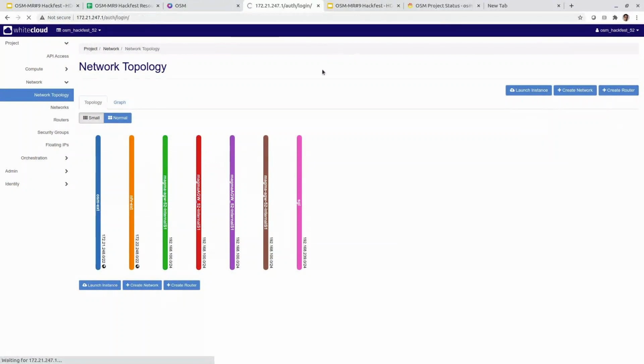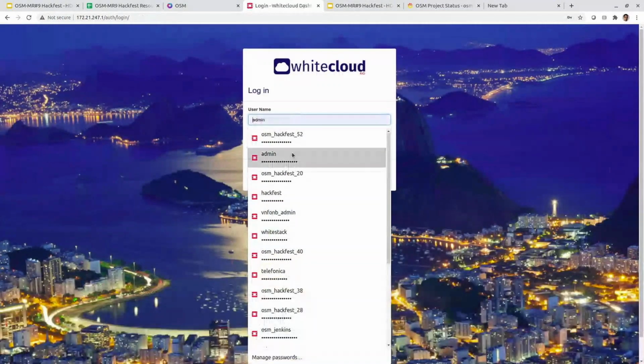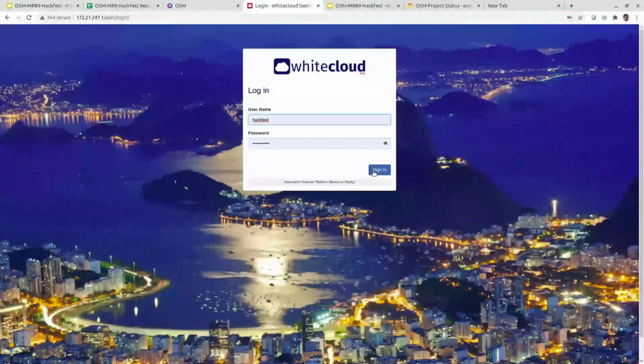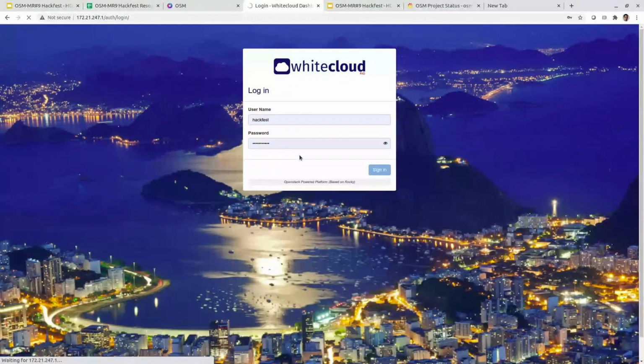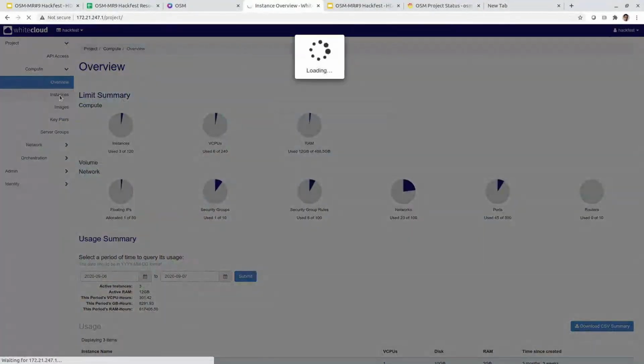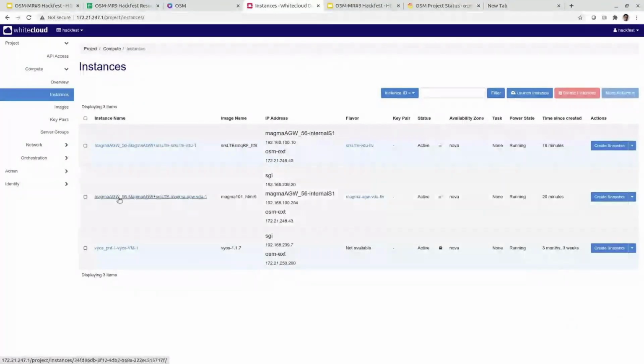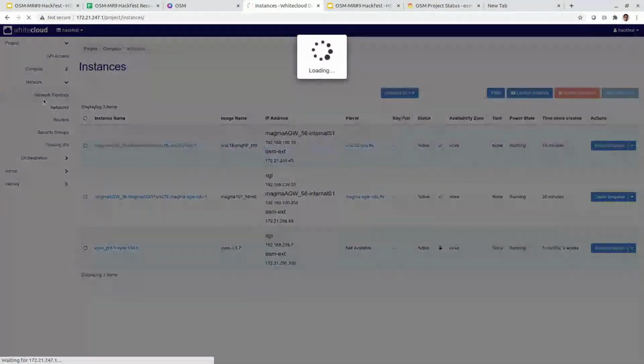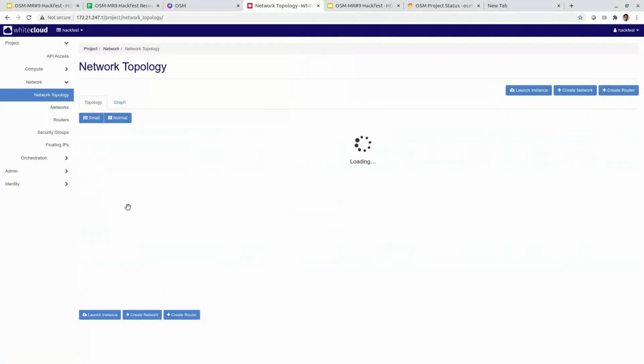But there is also a tenant that we manage in Etsy called Hackfest, which contains some common virtual machines for us, for instructors. And here, you will see that there is a BIOS PNF. If we see a topology,